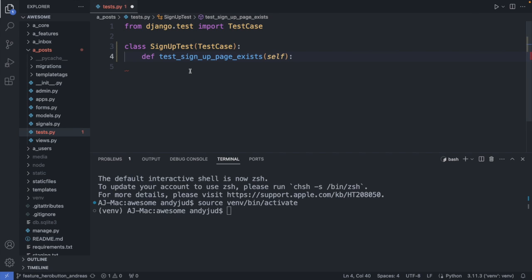And my very first function is to check if the sign-up page actually exists. All the test functions we need to prefix with test underscore. This is how Django understands that this is a test function to run. The self parameter is used when defining a method within a class. With it, we have access to the class itself and all its methods. Alright, and now let's define a response. So response equals